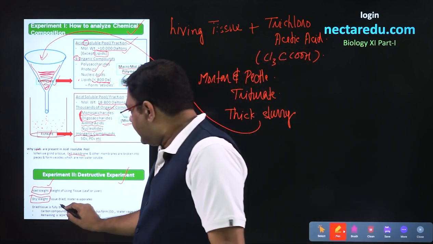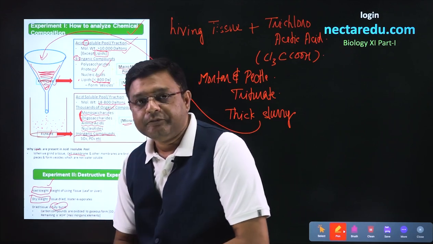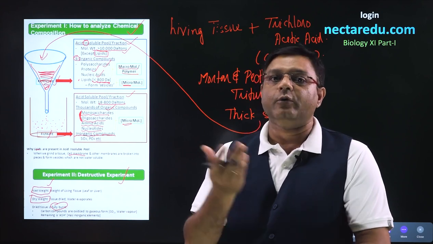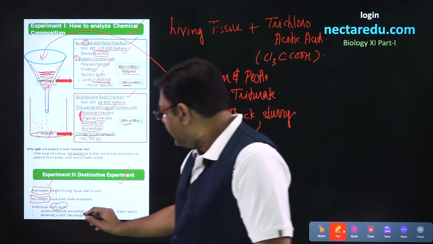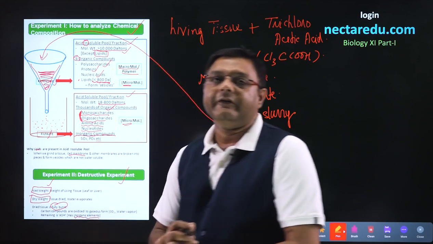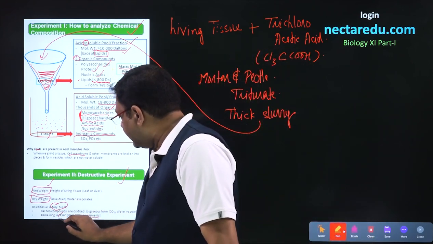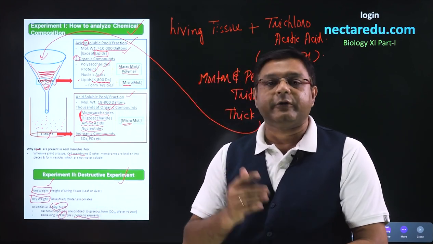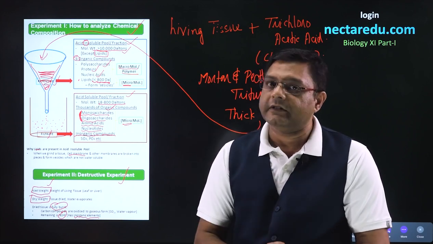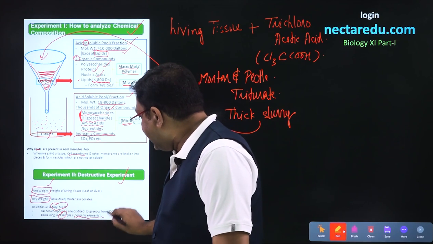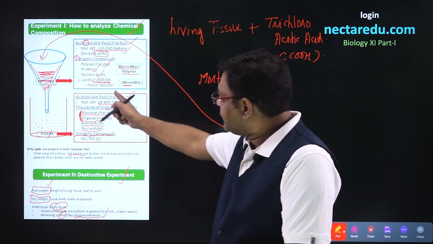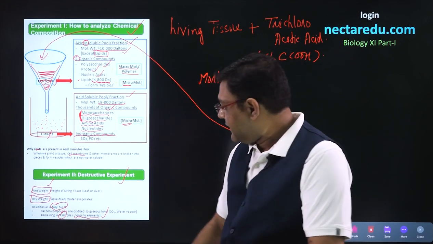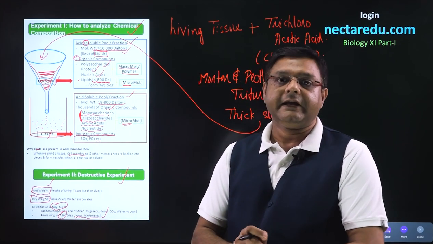Next, what we do, we will fully burn this dried tissue. When we fully burn this dried tissue, then all the carbon compounds will go out in the form of smoke, and what will be left, inorganic elements will be left behind, and this is what we call as ash. So, in this particular experiment, we will not get any organic compounds because all organic compounds would have gone out in the form of smoke. We will get only inorganic elements over here. In the first experiment, we were getting organic compounds as well as inorganic compounds, but this particular experiment gives only inorganic compounds.